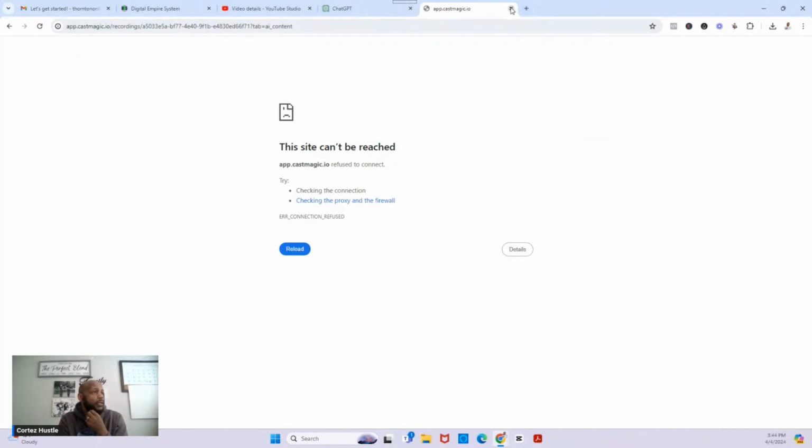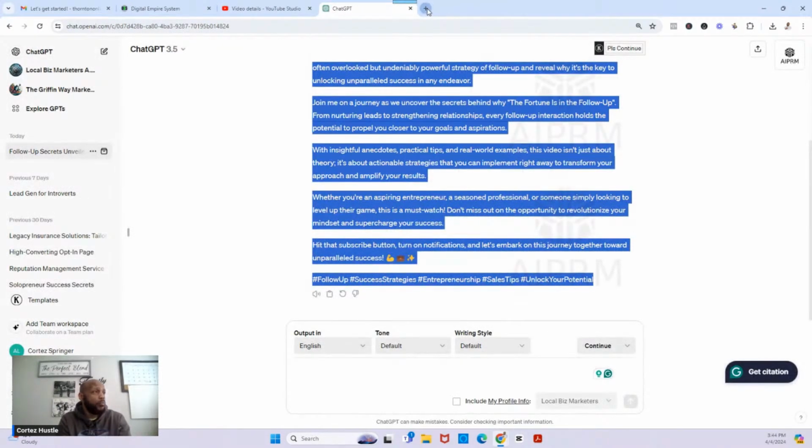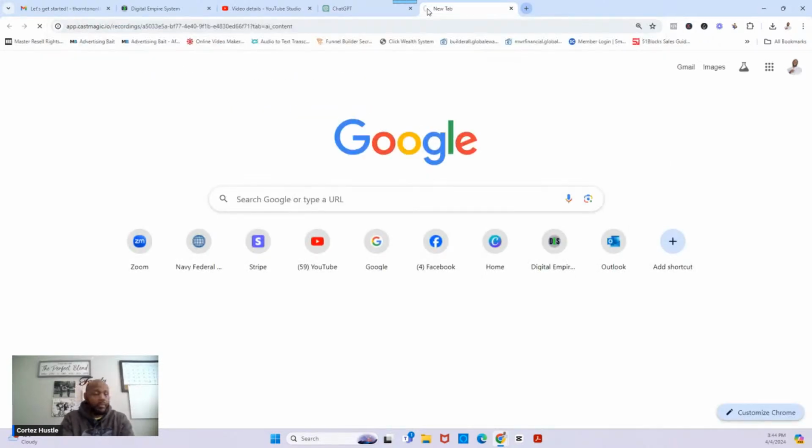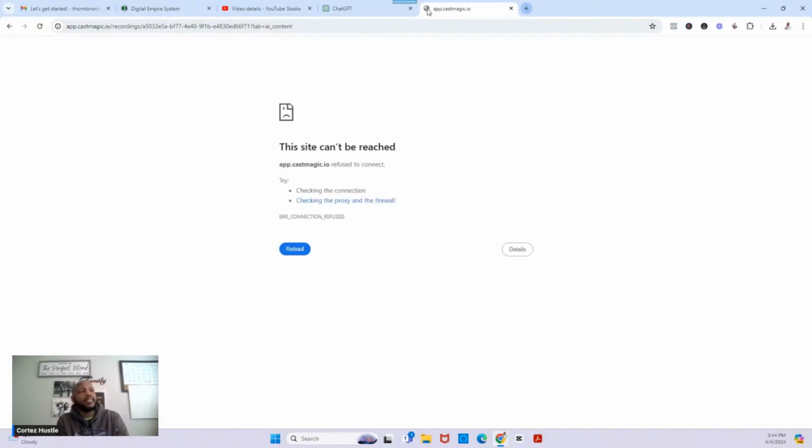All right. I've got to figure out how to get that to open because it doesn't want to open for me. Let me try it again. Basically, what I do is I take that link and put it into Cast Magic, and it's not working for me.